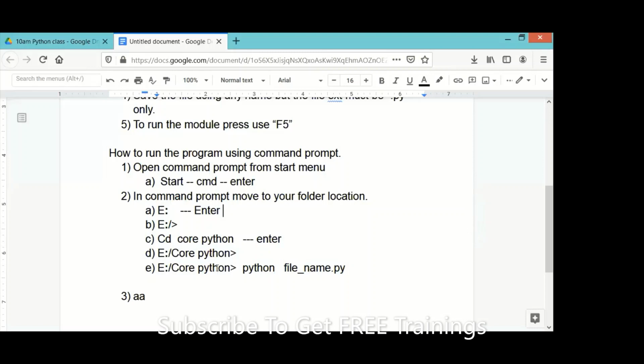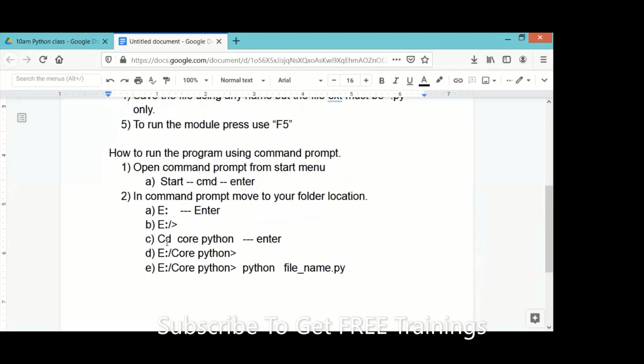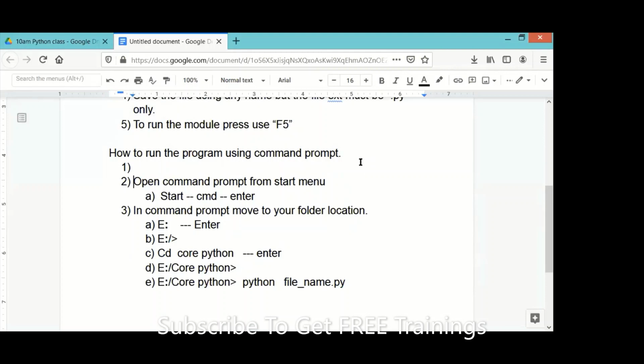Right. Once you're done, you can see the output. In the command prompt, move to your current folder and type the commands. These are the commands: python filename.py. That's it. Once you type, you will see the output. Chalo. Basic points, guys. It's not that big a concept. Simple points. Right.